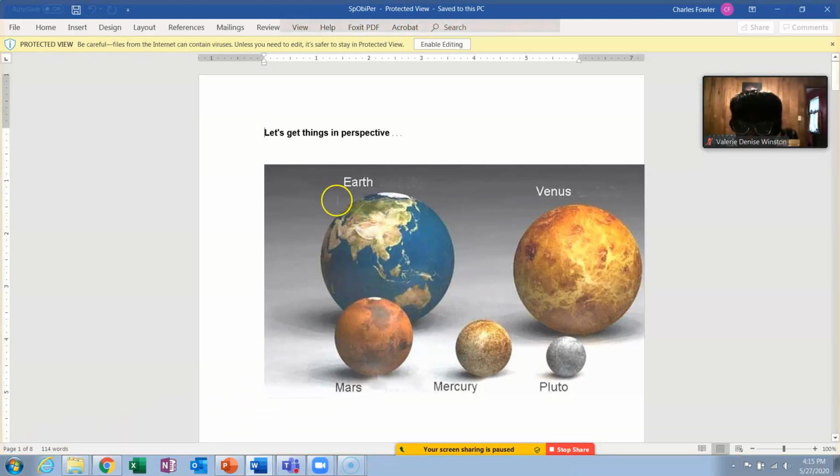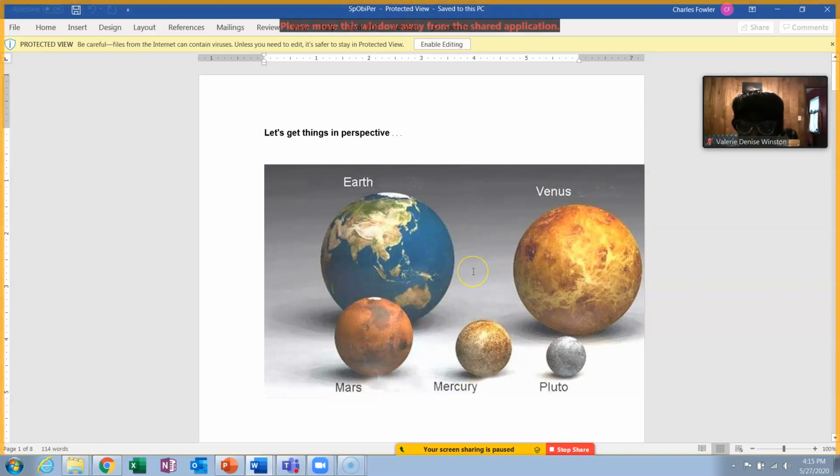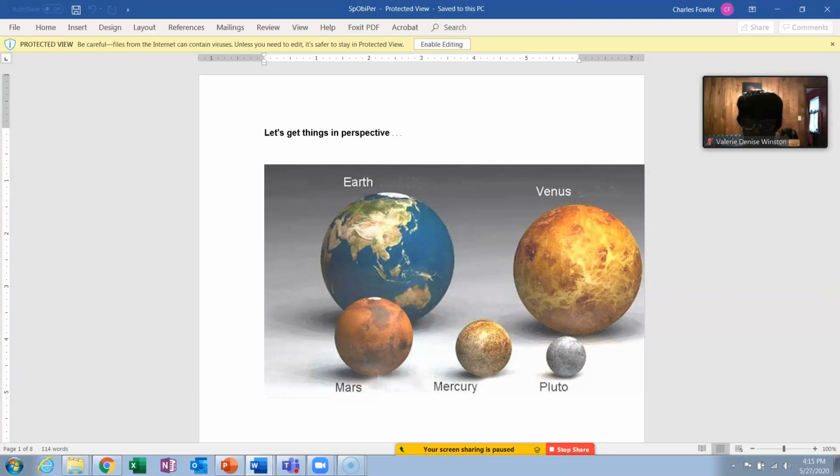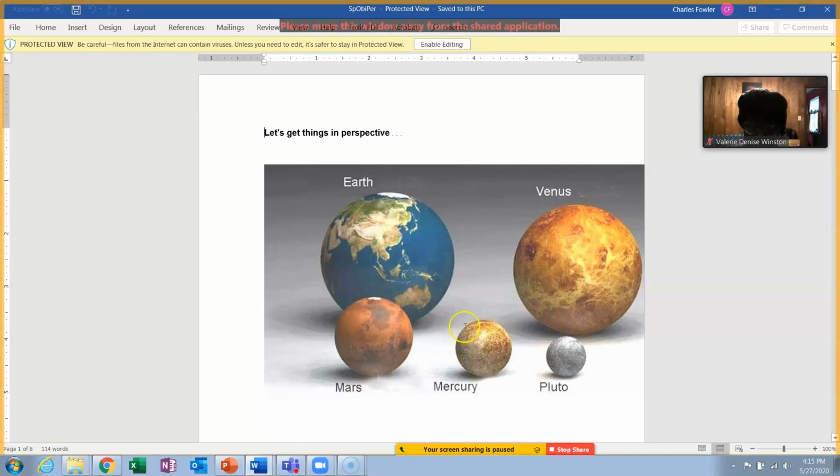It just shows these are called the 4 terrestrial planets. We'll talk about this in chapter 15. Pluto is not considered a planet anymore, but when this was put out, it was. It just shows you relative sizes. Earth, slightly larger than Venus. Both of them are much larger than Mars and much, much larger than Mercury and much, much, much larger than Pluto. That's one reason it's no longer considered a planet. It's very, very small. By the way, our moon is close to the same size as Mercury. Not quite the same size as Mercury, but close. So this just gives you an idea, and it just goes on and on and on.